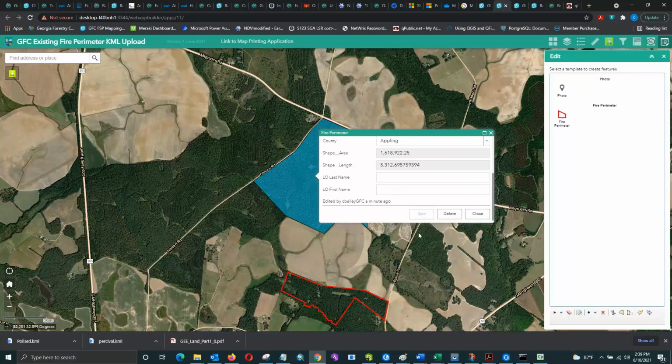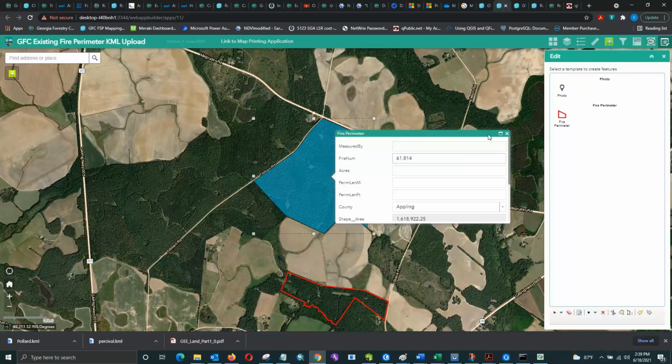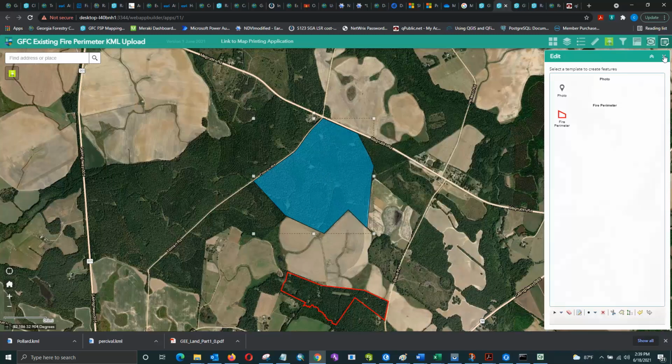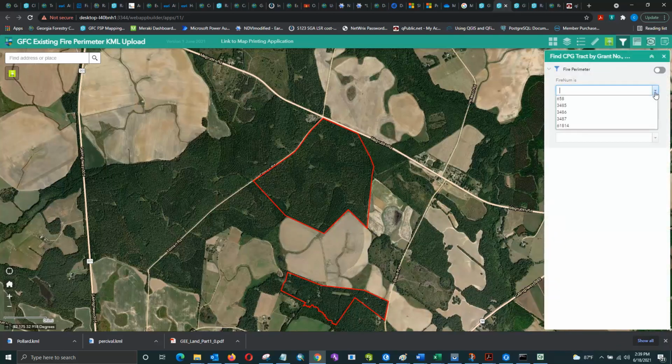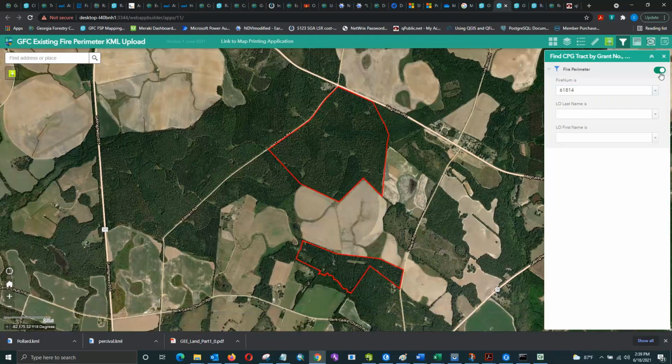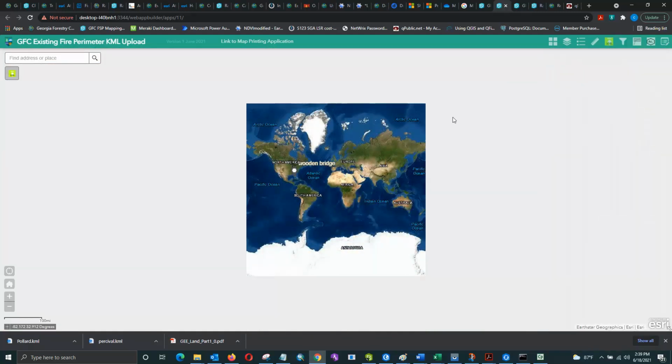Let's save our edits. And then close this window. So you see now it's got the number in there. And if we wanted to get rid of this other track, then we could filter out by that file number. We apply that. So then what we want to do from this point is go from the,